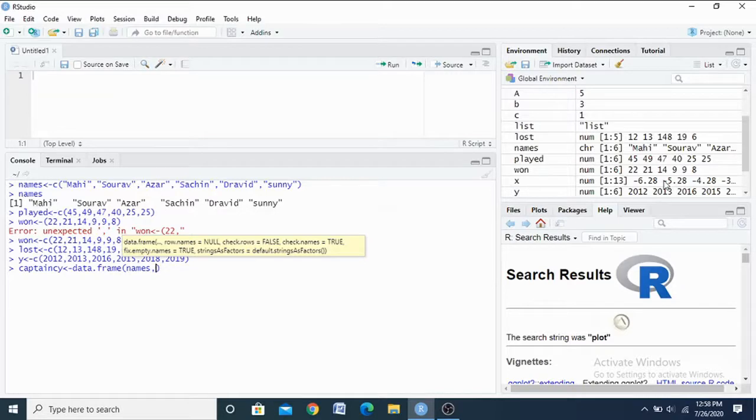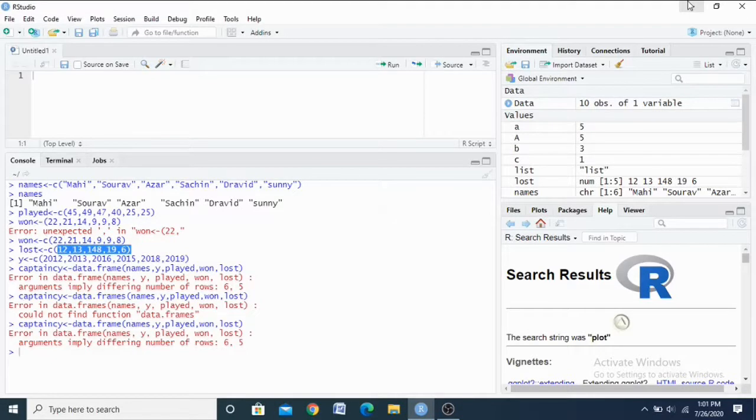I am using names; you can change the order also. Names, then the year in which they had the captainship, then the number of matches played, then won and then lost. In a data frame, the number of rows in all columns must be the same.